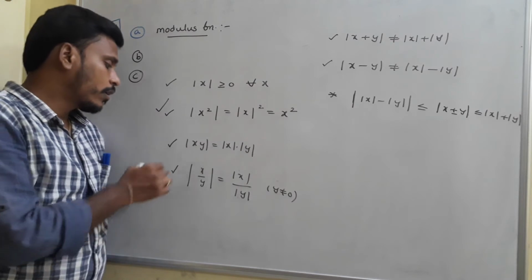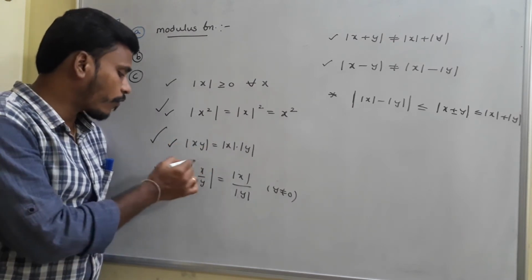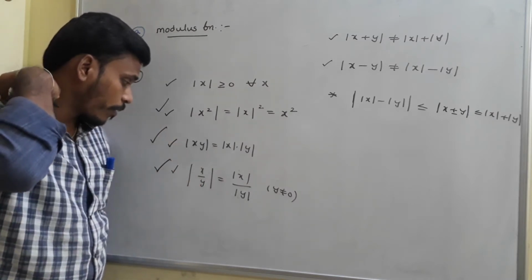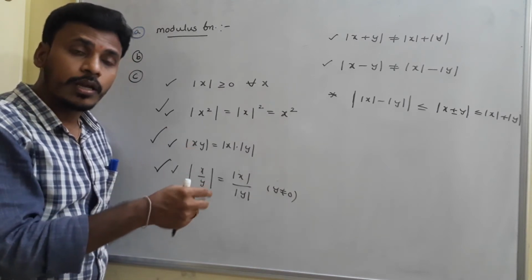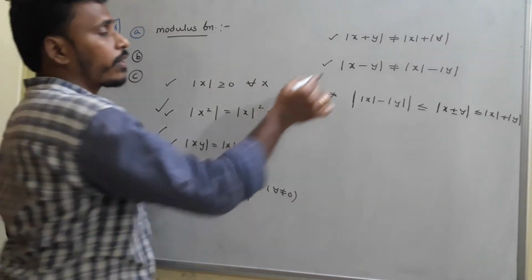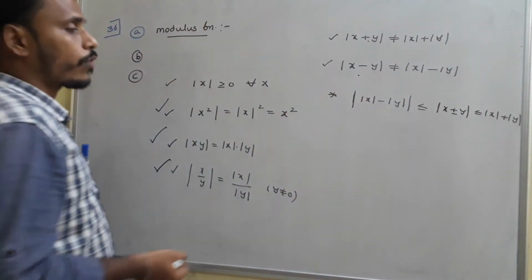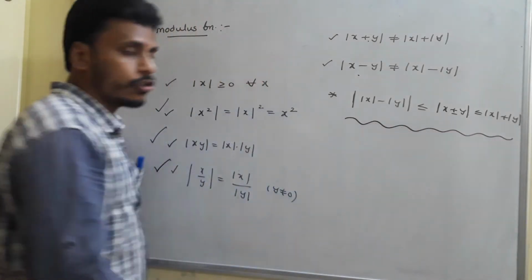Right. So then the modulus of x times y is mod x times mod y, and the modulus of x by y is mod x by mod y. See, the modulus of a product or a division is simply the product or division of the moduli. But for addition and subtraction, direct splitting is not possible, and that's why we frame a law we usually call the triangle inequality of modulus.